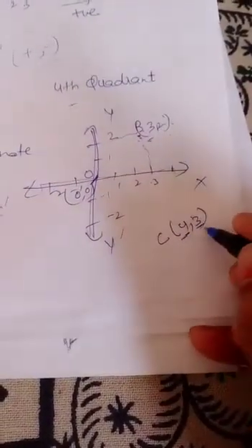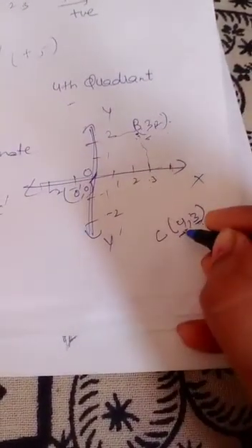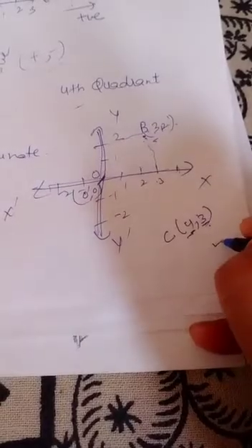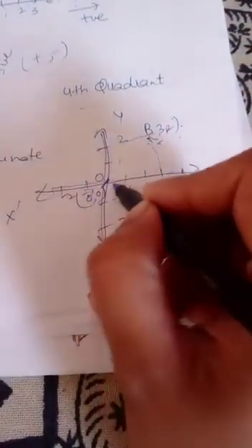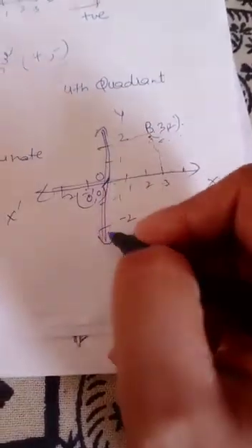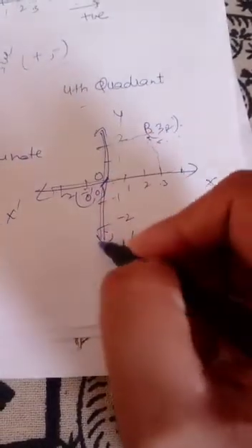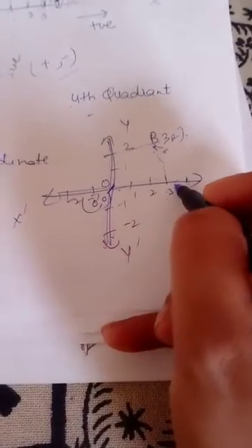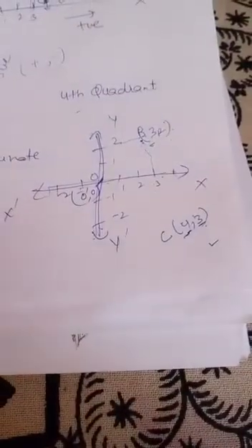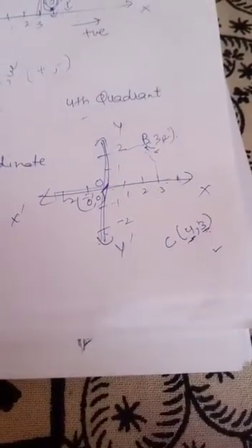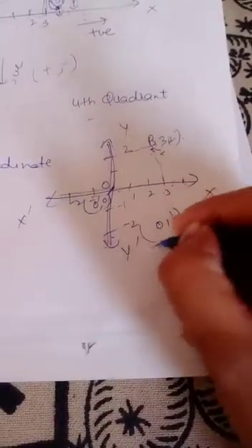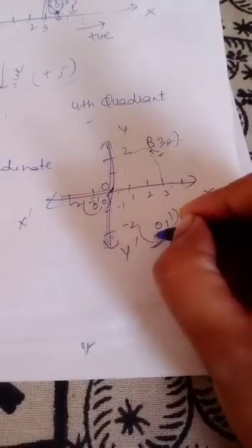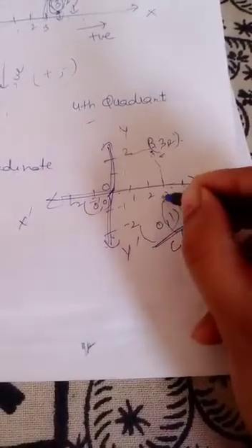Suppose you have been given that any one is 0. If you have been given abscissa 0 or ordinate 0: if abscissa is 0, meaning x is 0, then the point will lie on y-axis, and if ordinate is 0 then the point will lie on x-axis. Okay, so you have no need to plot the points. You can directly check if you are given in MCQs any point (0, 1), tell on which axis it will lie. So here x is 0, it means the point will lie on y-axis.